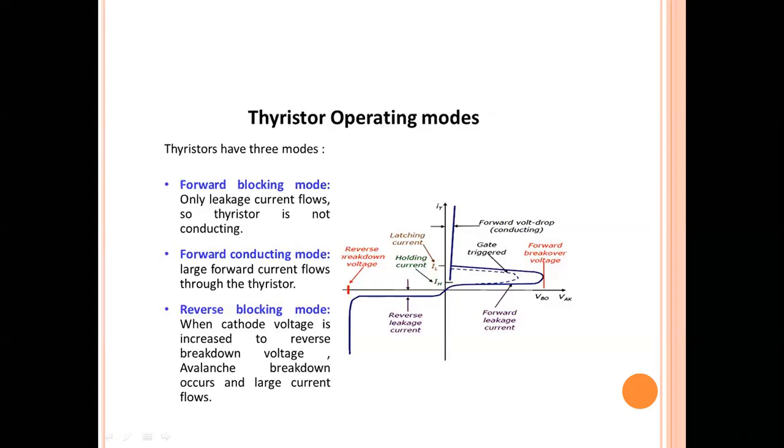So here, what I stated earlier, that is applying a forward voltage and applying a reverse voltage, can be considered by the VI characteristics of the SCR. So here on the x-axis, you are going to consider the voltage. On the y-axis, you are going to consider the current across the device. VA is the voltage applied between the anode and the cathode. IA is the current passing through the anode and cathode of the device. So on the y-axis, you consider current, and on the x-axis, you consider voltage.